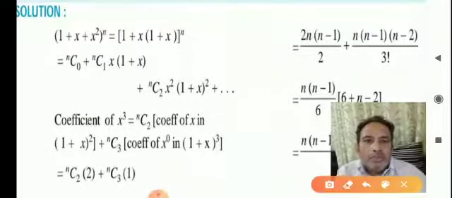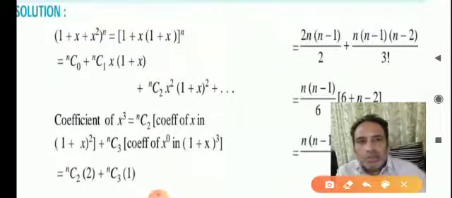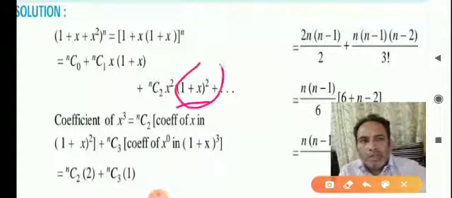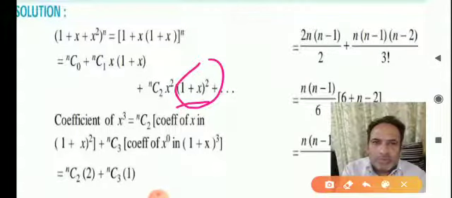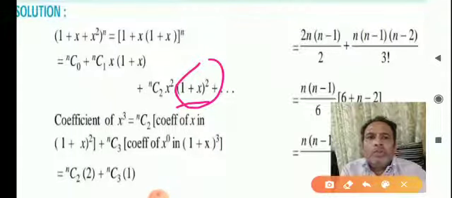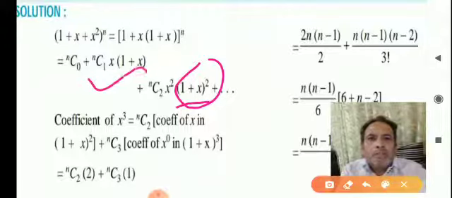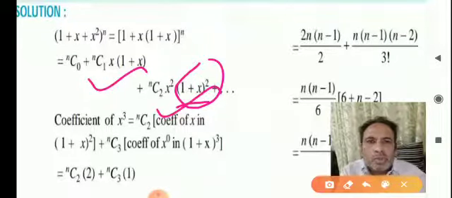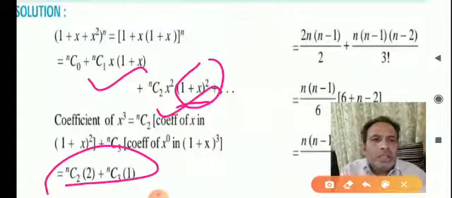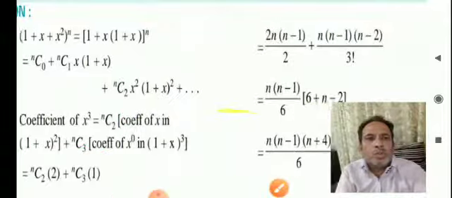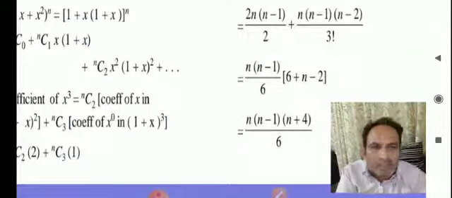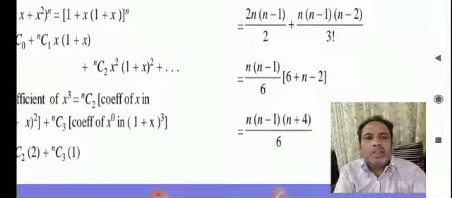If you consider another one, here also you can get the coefficient of x cube, because when you open 1 plus x whole square as 1 plus 2x plus x square and multiply with x square, in the 2x term once again you will get the coefficient of x cube. So this term and this term will give the coefficient of x cube. So the result will be nc2 into 2 and nc3 into 1. Open this and you will get the result. Hope you are getting it. So this is the final answer, and you can expand this and in this way you will get the result.